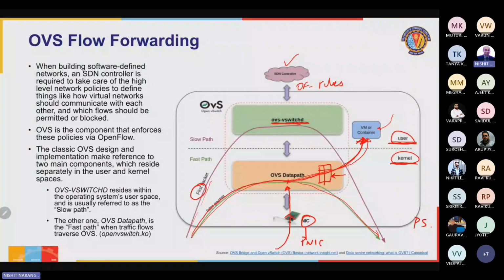Now you would say, yes, that happens even in a physical server. When I have a physical Linux server, what is the stack? There is the physical layer 1, there is the layer 2, there is the layer 3. The layer 3 is part of the Linux kernel. That's the network stack. And then layer 4 is also part of the Linux kernel stack. But layer 5, which is the application layer, applications are all running in the user mode. So when in a physical Linux server, a packet arrives,